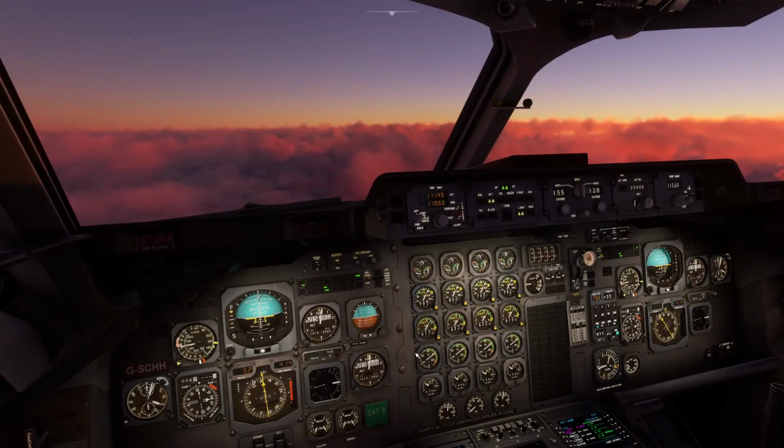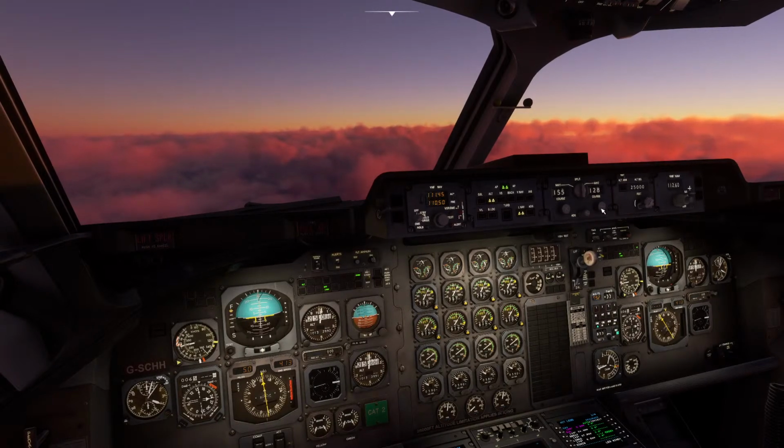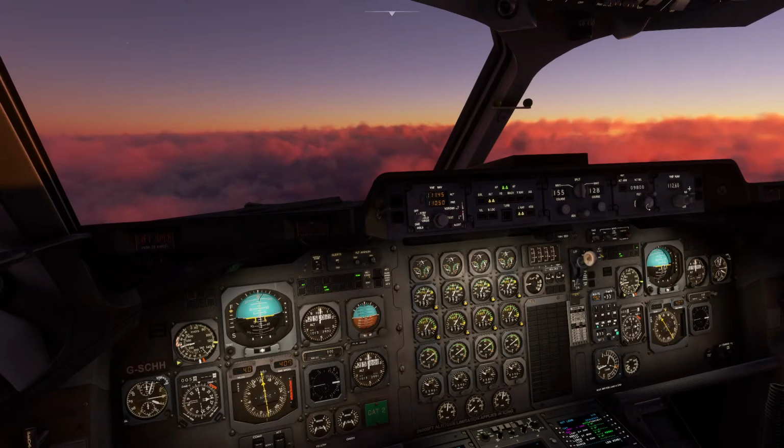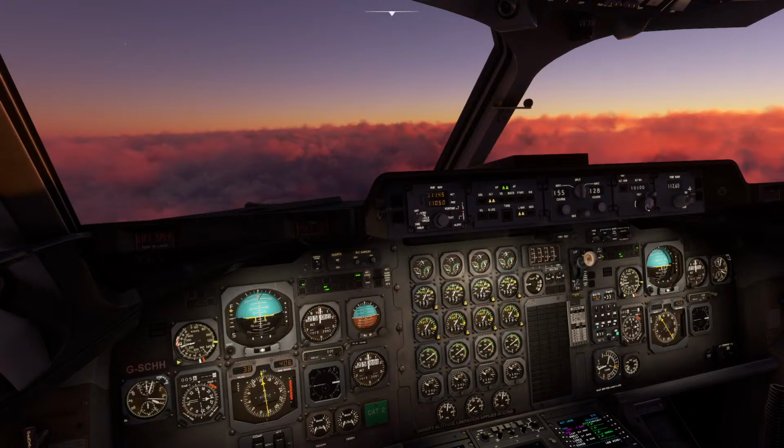So let's go and set our target altitude to 8,500. Actually, no, let's go for 10,000, because then we know we have to get to 250 knots at 10,000 feet. So there we go, 10,000 feet is armed,